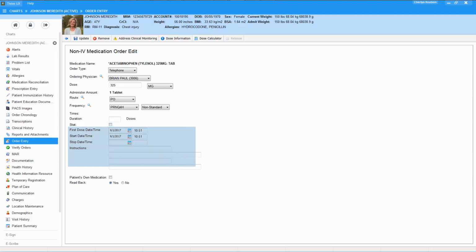From here, you can enter the first dose, start, and stop date and time, and also enter any instructions for the medication. If the patient will be using their own medication and not from the hospital formulary, then you can check patient's own medication. If the medication is a diabetic